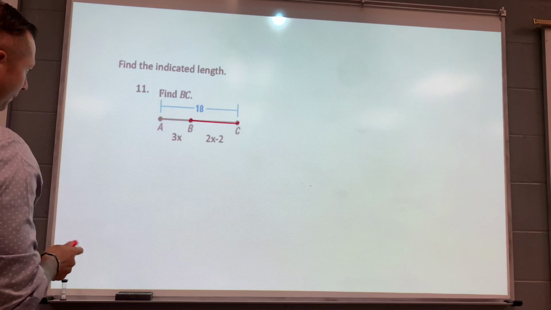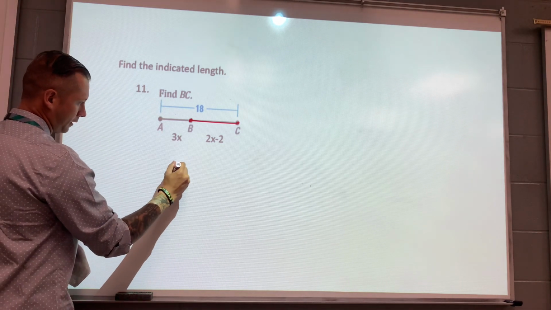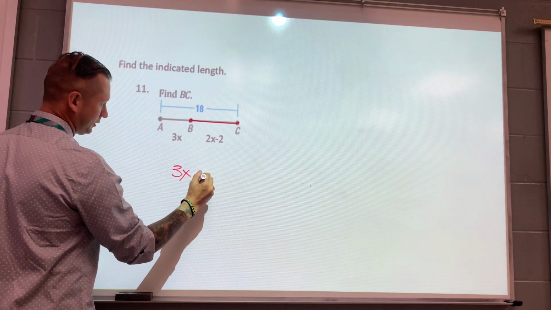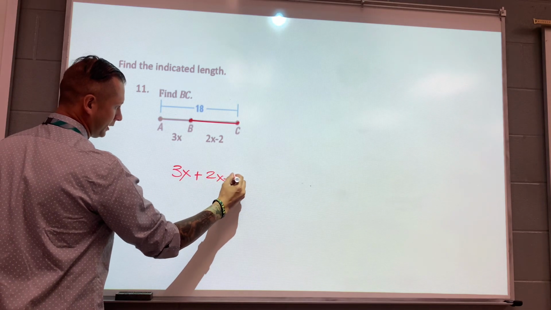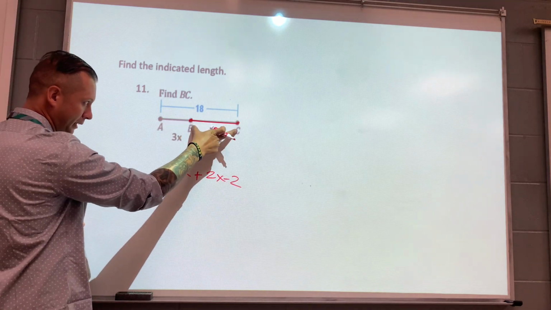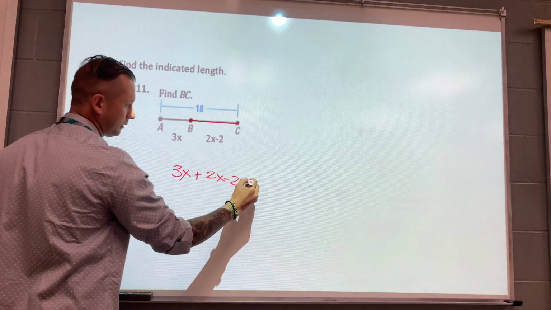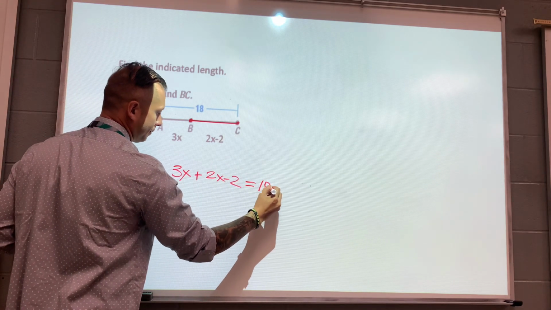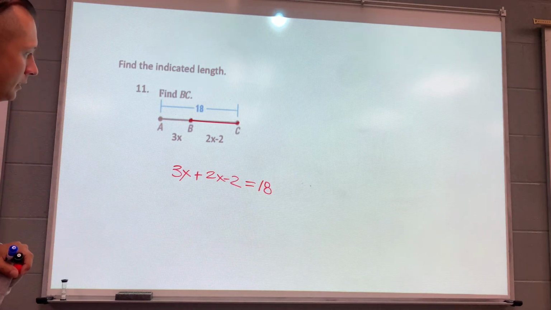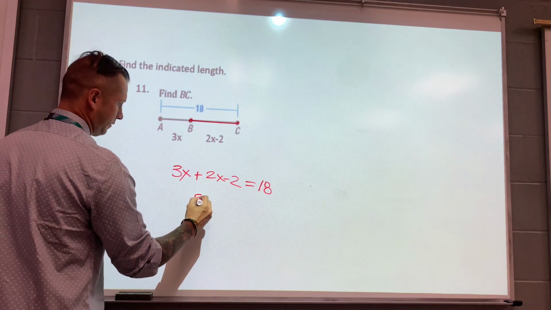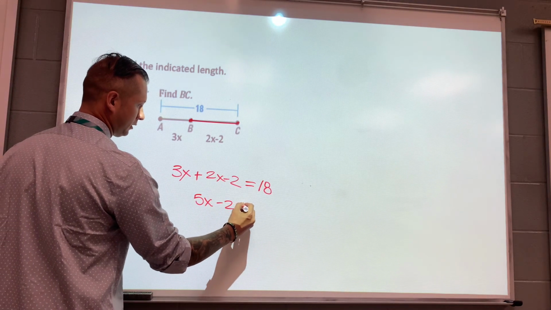So, 3x plus 2x minus 2, right? This piece plus this piece should equal the whole piece. Combining like terms, 5x minus 2